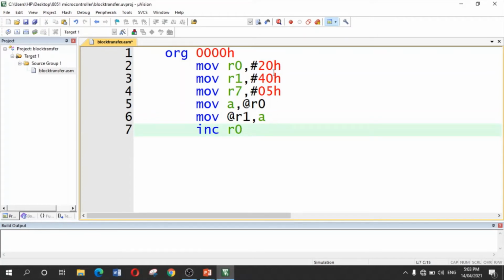It was initially pointing to 20H. Now it will be incremented and it will point to 21H location. Similarly, increment R1 so that R1 register will now increment 40H by 1 so that it will point to the 41H location. And as one number is transferred, decrement the counter by 1 and check whether it has become 0